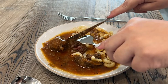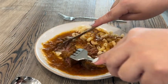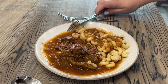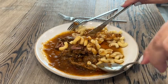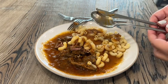The steak knives are nice and sharp, so they do a great job at cutting through meat, and it's really nice that the forks are pointy as well, so it's really easy to use them while you eat, very comfortable. The spoons are a really good size. They hold a substantial amount of food, and we feel really good about using them every day at home,